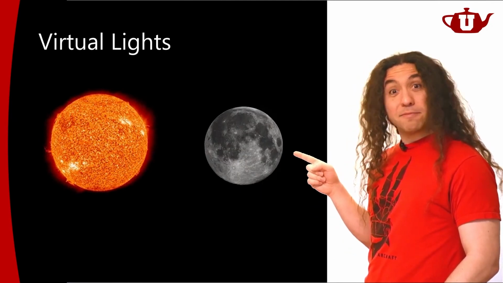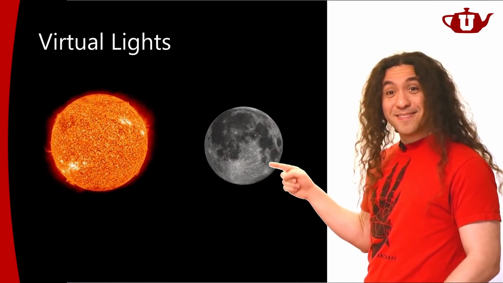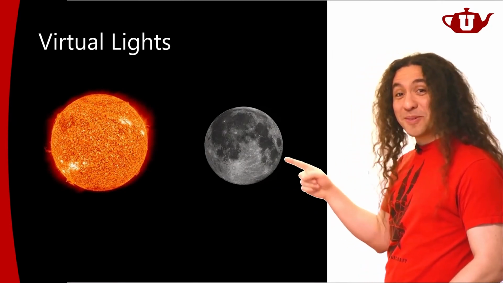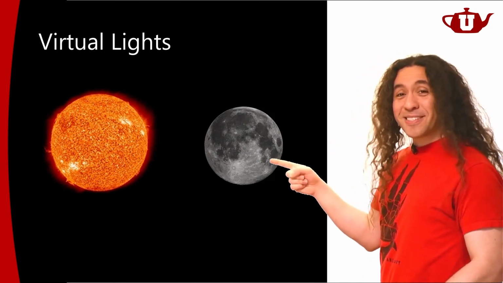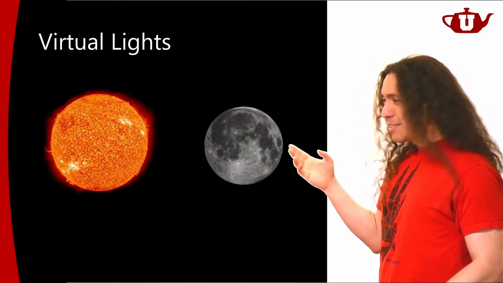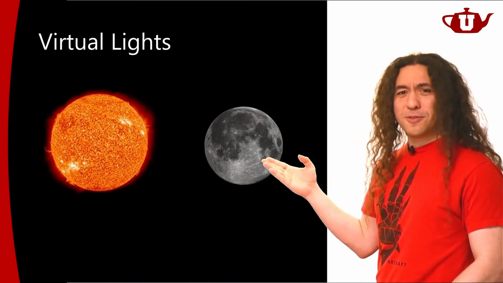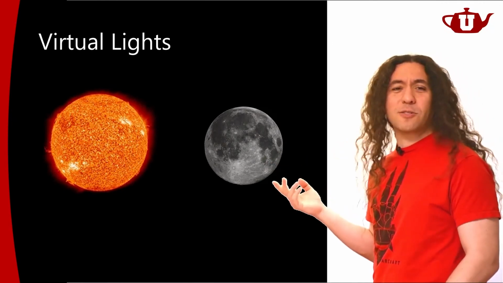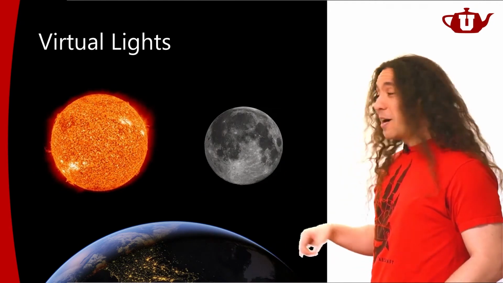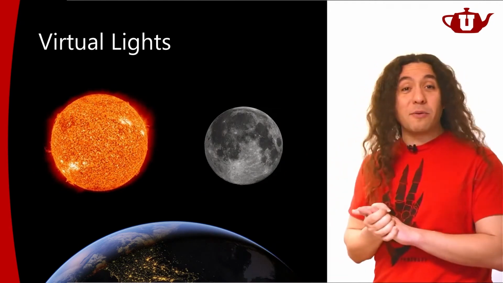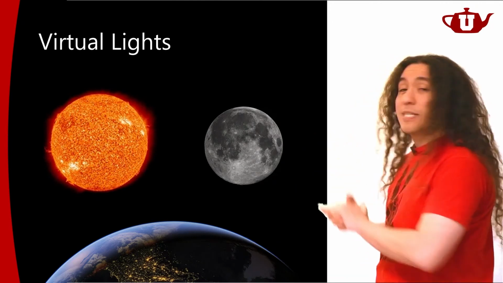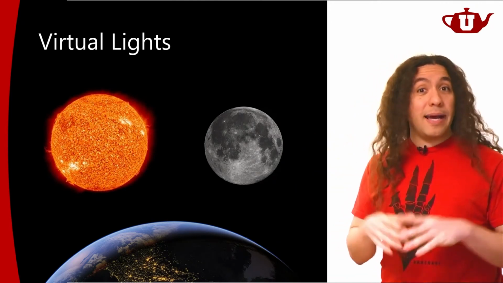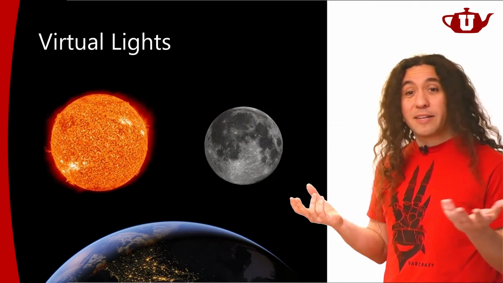How about this? What is this? It's the moon, right? Orbiting the Earth. Is this a light source? Well, it's definitely not a light source, right? But it kind of acts like a light source at nighttime, when you're looking from somewhere at nighttime when you cannot see the sun. It looks very much like a light source, right? When you have the moon visible in the sky, you're going to have quite a lot of light even at nighttime.